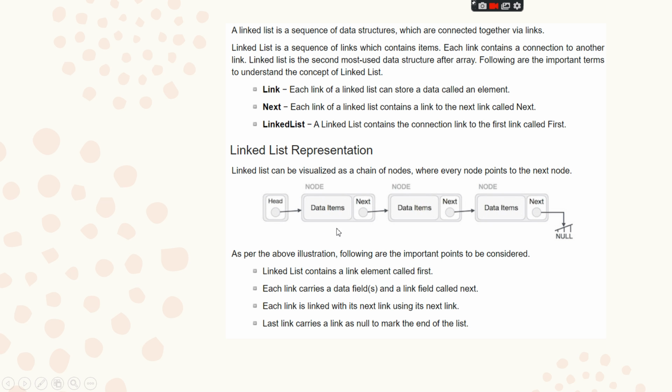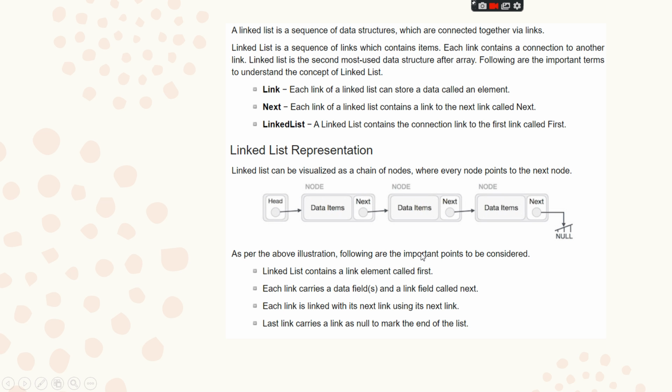The node itself has a next pointer and a data item. So it stores two values: one is the data item, and the other is the address of the next node, that is the next pointer. Similarly, it keeps on moving like a chain until it meets the null pointer.